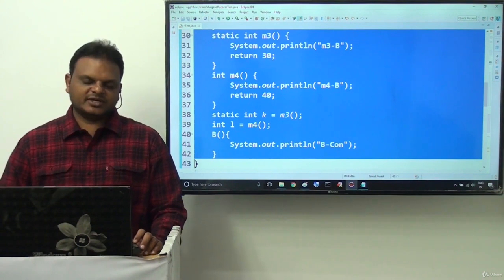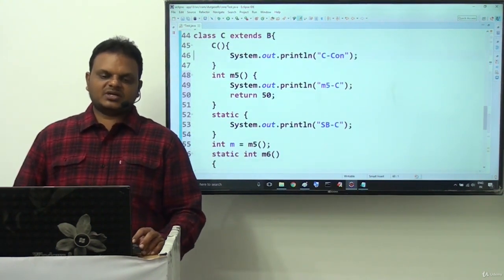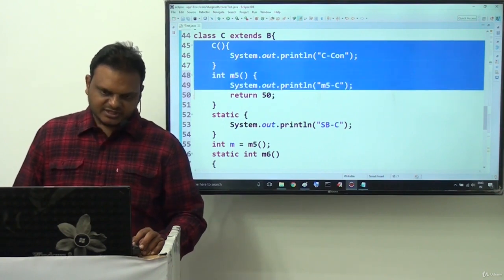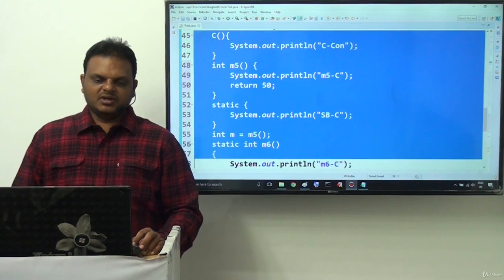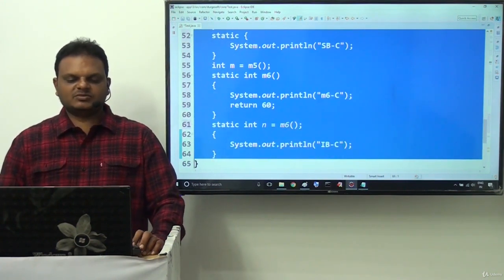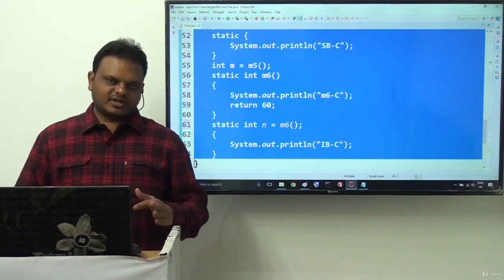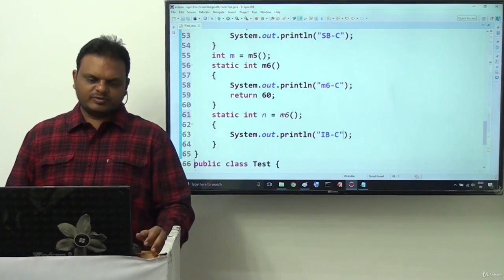Both I provided here. Now inside this class C, constructor we provided. Next one is which one? Instance method, static block, static variable, static method, instance variable and instance block I provided here. So in each and every class, both static context, instance context and constructor we provided.